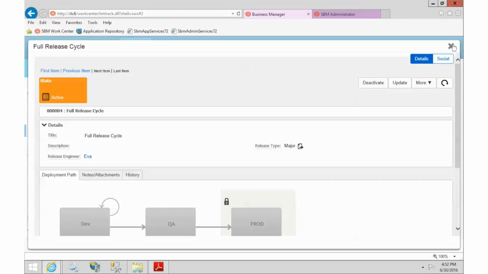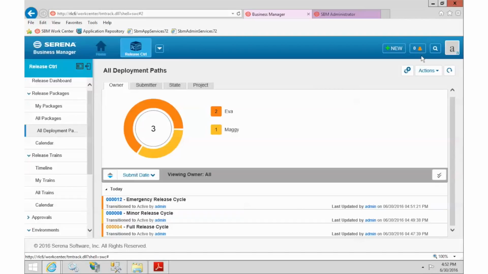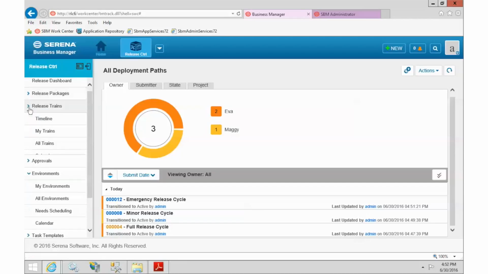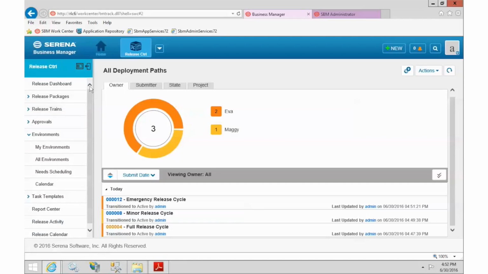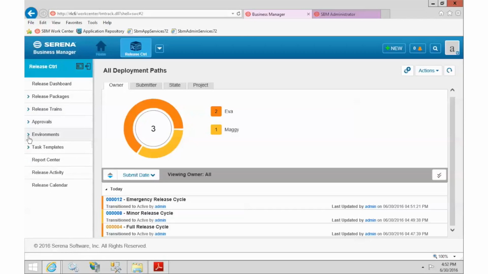Okay, so those are the release elements that we needed to set up before we can actually do any releases. So in our next video, we will start working on the plugins, and the plugins allow you to do integrations with other systems, and those are also important to use release control as your central repository and view into your release. We need to set up those